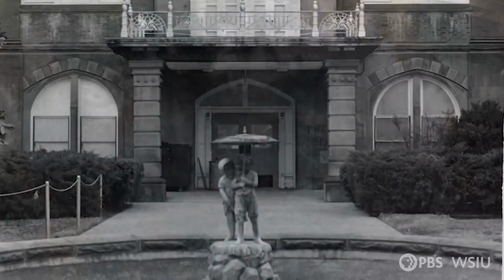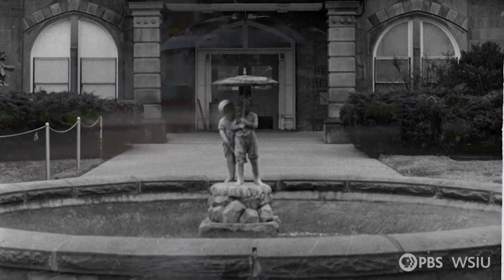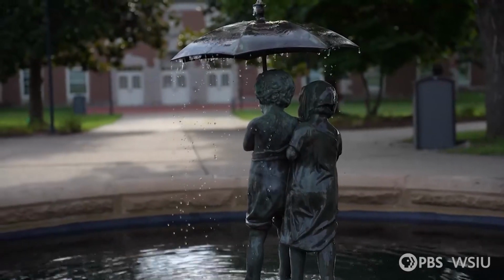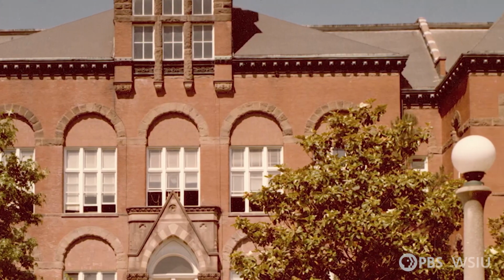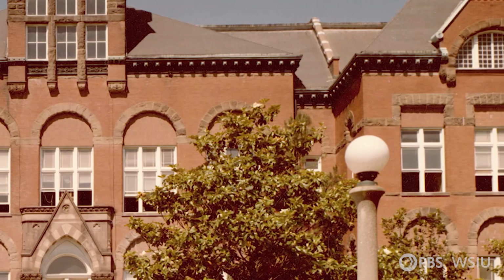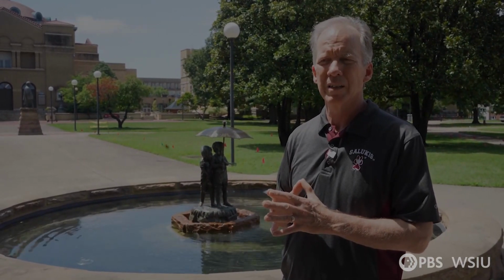Brian has scoured through dozens of photos dating back to the late 1800s. He believes the base of this fountain has been around since SIU's beginning, the 1870s, when we were known as SIU Normal University. In 1883, there was a fire that pretty much destroyed the Normal building. I'm suggesting that the fountain base survived, and at some point in time later,